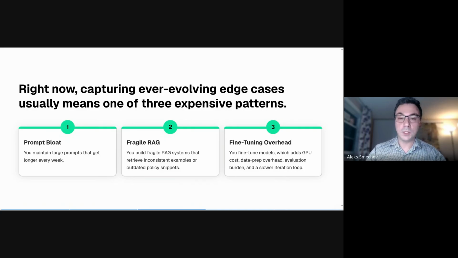For example, new policies come up, edge cases appear, customers ask things in unexpected ways, and internal processes shift. Normally, the way teams deal with this is expensive and messy. They either fine-tune the model, which means retraining it, or they build complicated retrieval systems, or they keep modifying and extending their prompts. And ACE gives us a cleaner option, a living playbook, which replaces the three common ways to improve models: prompt rewriting, RAG, and fine-tuning.